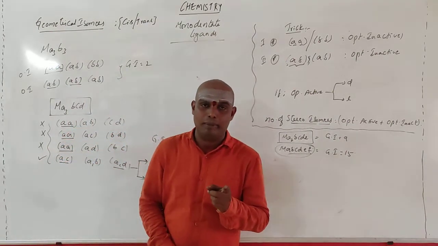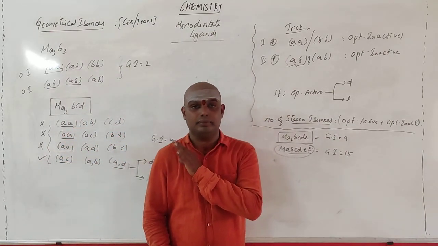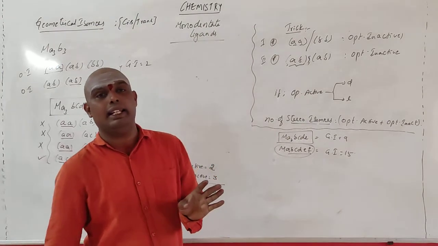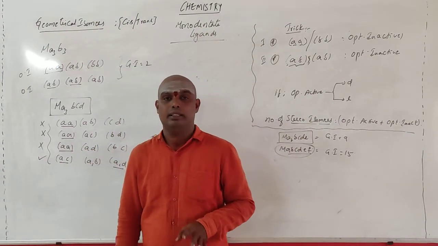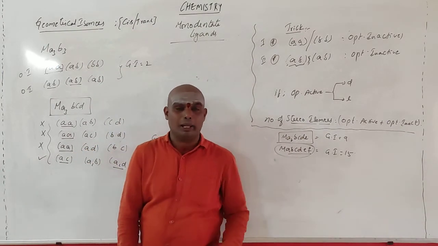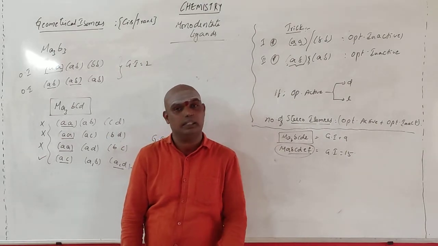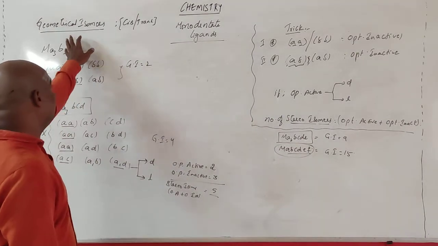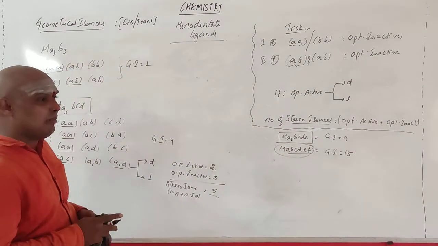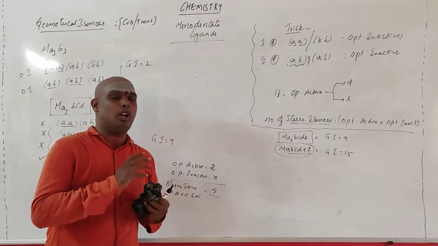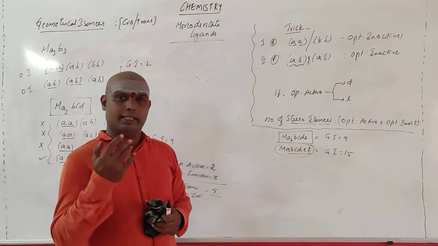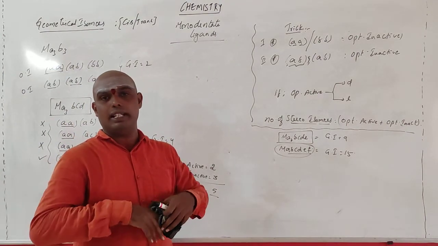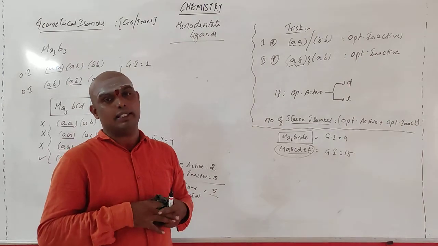In tetrahedral complexes, there will be no such thing as geometrical isomers. Okay, only in square planar complexes we can observe it. If you go for the remaining set, geometrical isomers in octahedral complex are possible, in tetrahedral complex not possible. In square planar complex, yes, there is possibility. And in the octahedral complex, there is possibility.